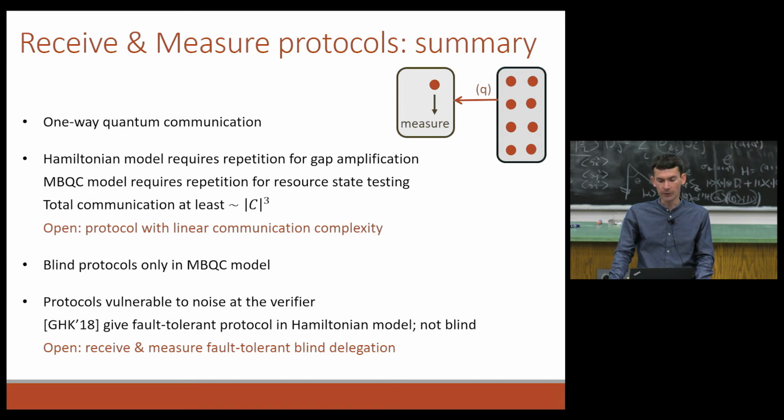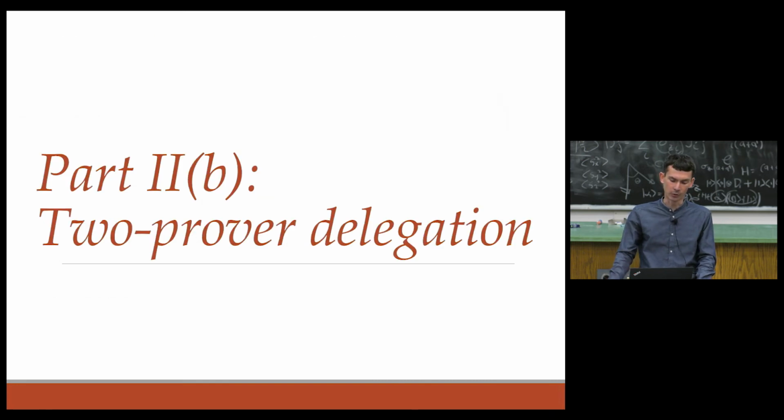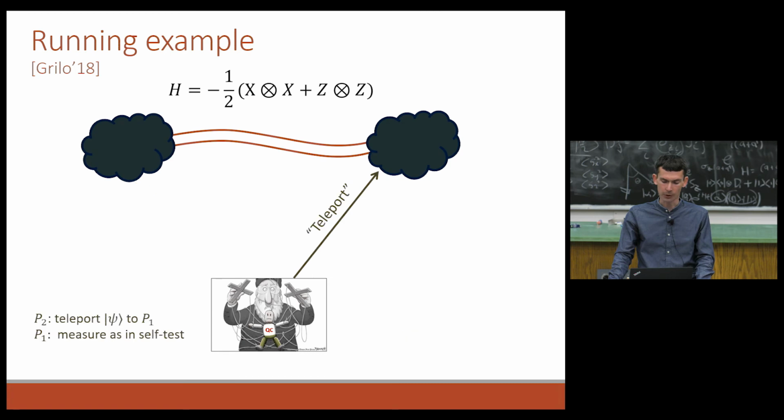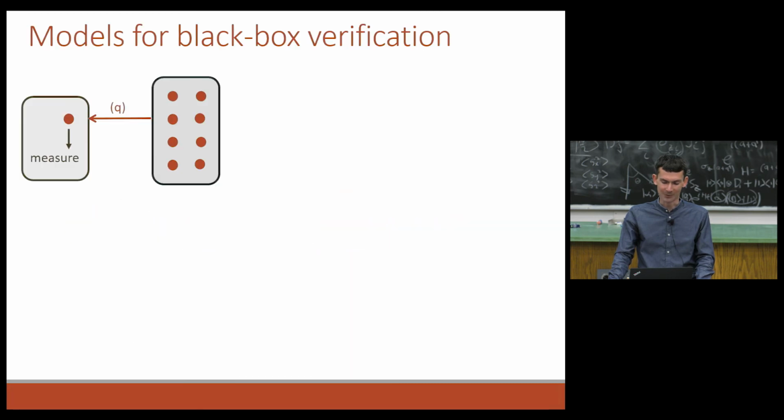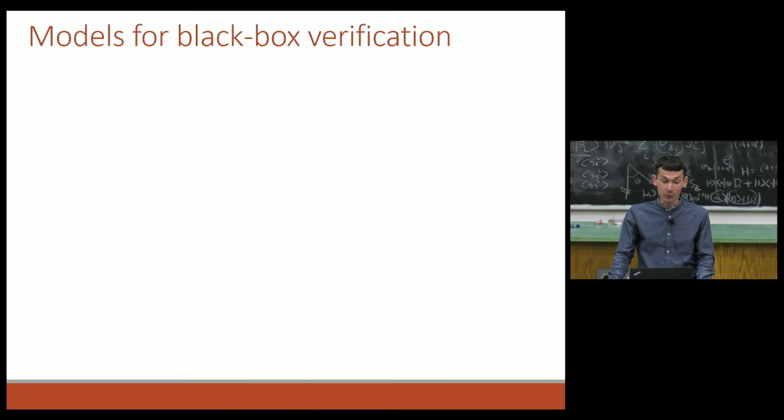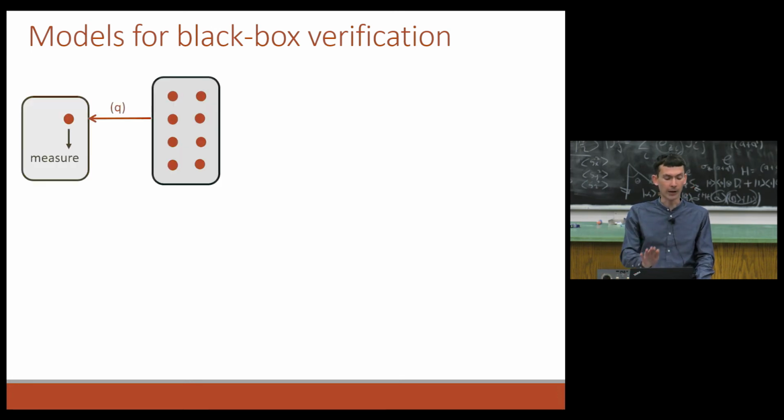So now we have about 15 minutes left. So I was going to say something about another two-prover protocol that's in the Hamiltonian model, the Grillo one that I mentioned earlier. I'm going to skip that, thanks to time, and get to the last step, if you remember the original outline, which is we have these simple protocols